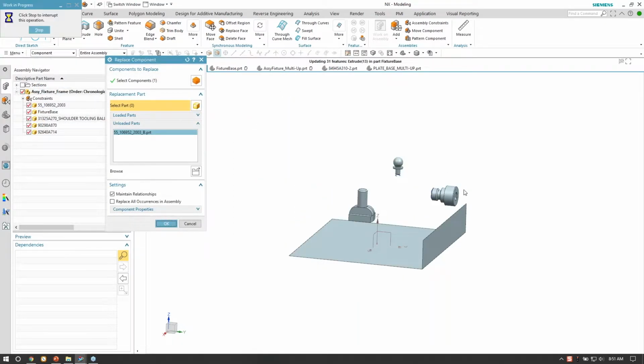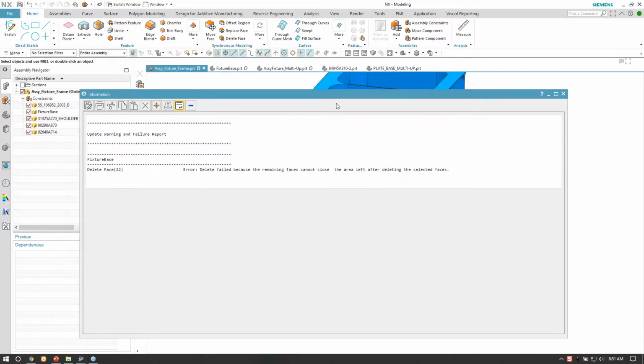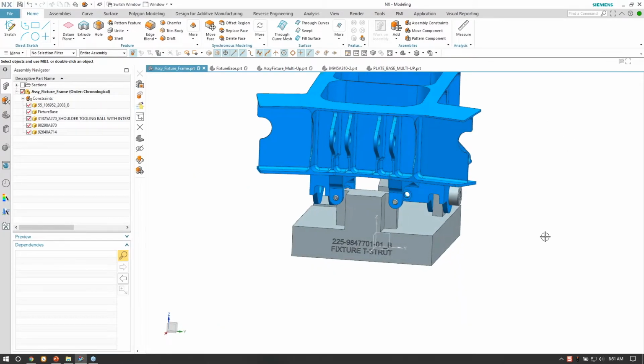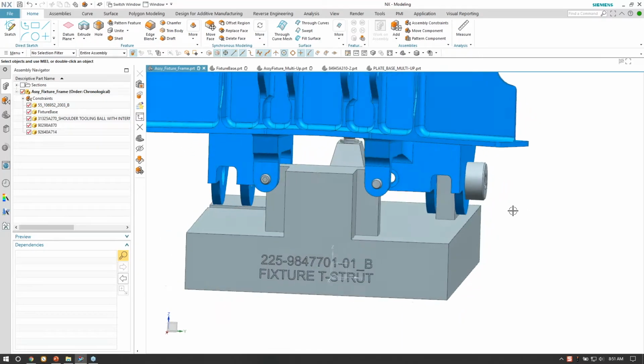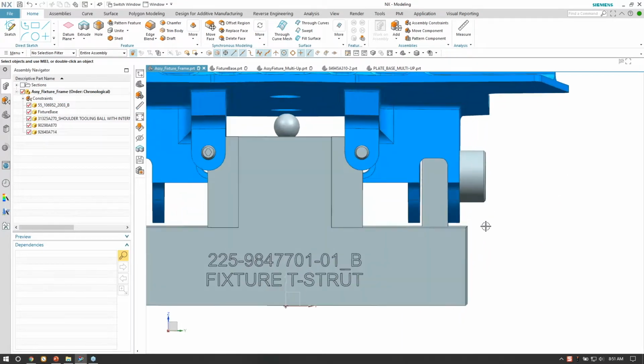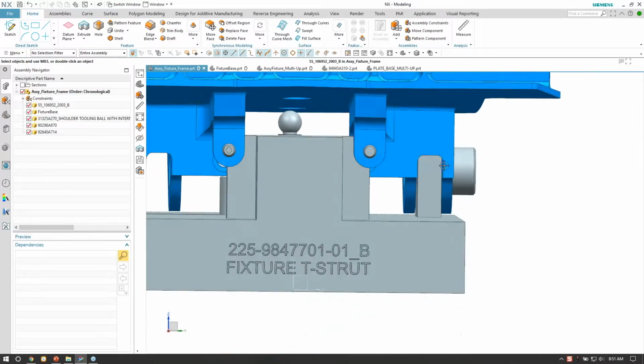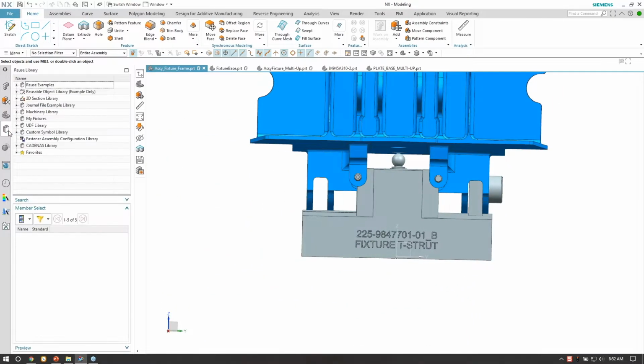Go ahead and update that, and you'll see my features are updating. And I have a delete face that failed. I'll go in and figure out what happened with that one. And my part ended up pushing this face over just ever so slightly. So if I go back here to my